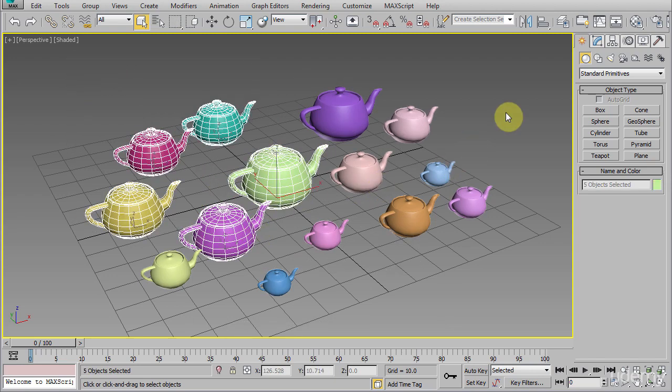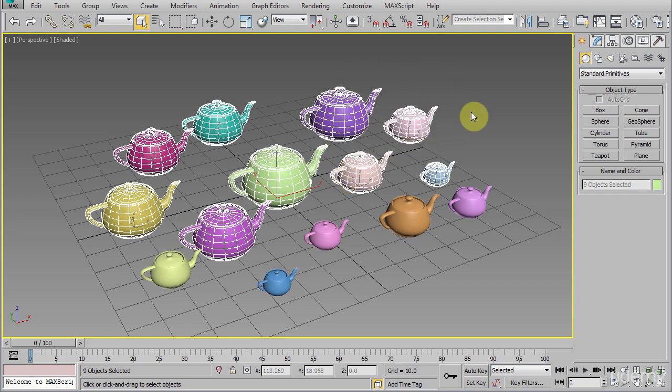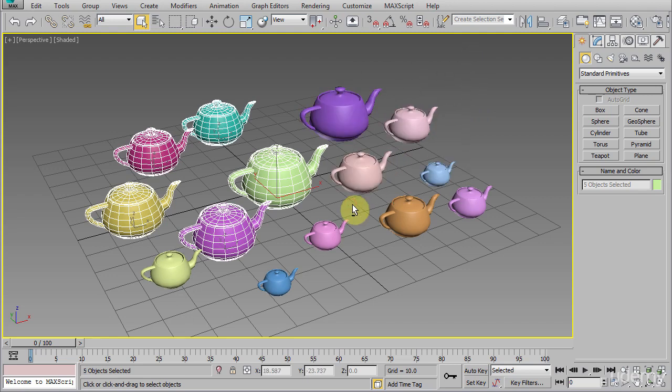To select multiple objects, we can click and drag on empty space to create a selection region like this, and every object within the area will be selected. You can do this also with a combination of Ctrl and Alt keyboard shortcuts. Let's say we want to add these objects to the selection, we can hold Ctrl, click and drag, and now they are selected also. On the other hand, if we want to remove these from the selection, we can hold Alt and click and drag to create this region, and now we can see these objects are no longer selected.